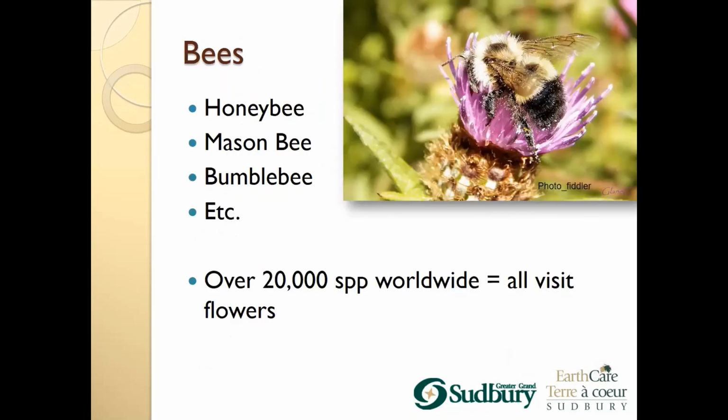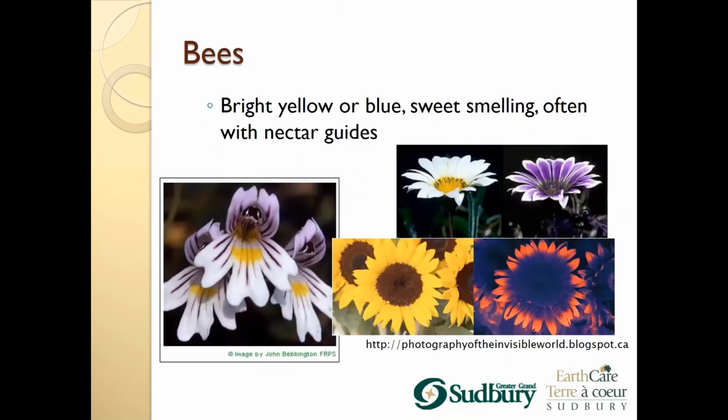Now for bees, they're considered the world's most important pollinators. There's over 20,000 species of bees worldwide, and all visit flowers. Flowers that attract bees are often bright yellow or blue, sweet smelling, and have nectar guides. Nectar guides are lines on the petals that can direct pollinators to the nectar. So they land on the flat flower and it's like a little